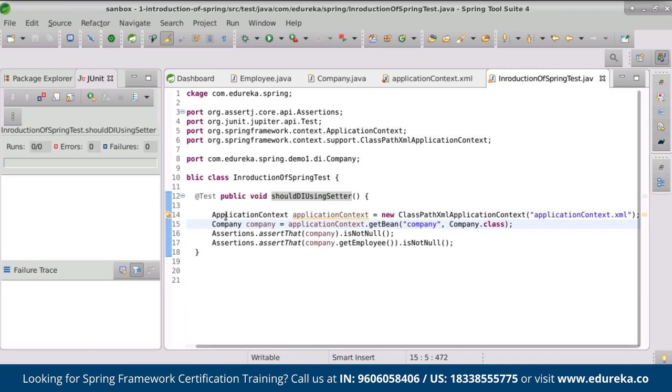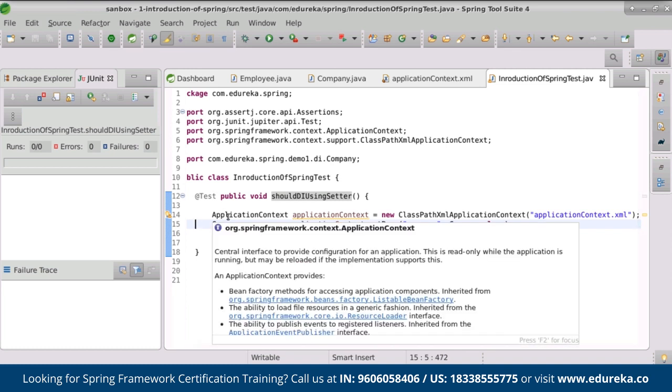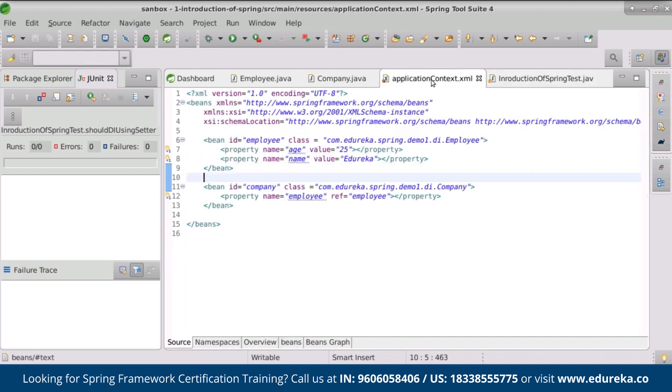You can also do dependency injection using a constructor. For the constructor, I probably will not do it using a constructor, but I'll surely show you how you can do it. So rather than here,